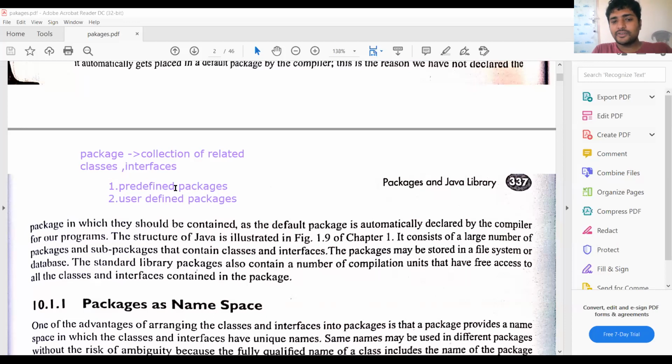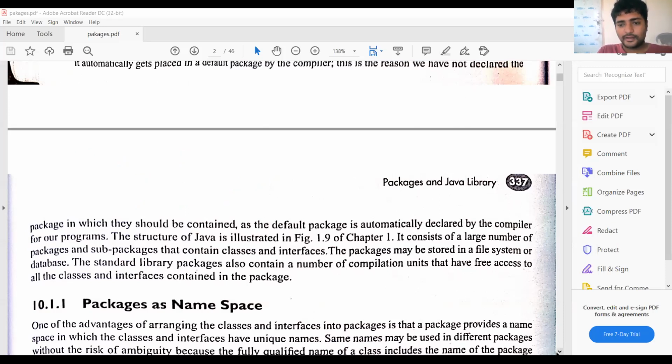Predefined packages are already defined in the Java compiler, in the Java library, so we can utilize the predefined classes as well as predefined methods. Those packages are known as predefined packages. If we want to define our own package, we can define it, and those types of packages are known as user-defined packages.